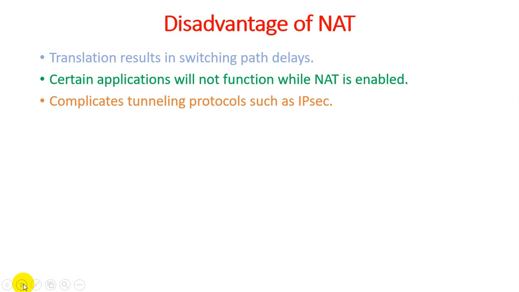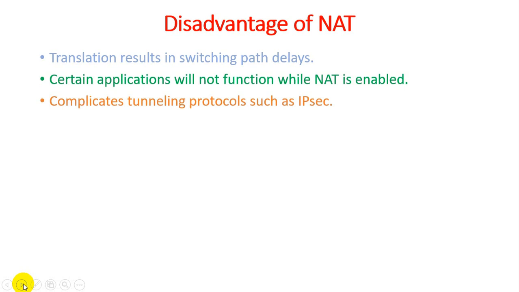Third, complicated tunneling protocols such as IPsec are needed, because if IP security is not provided on this particular network translation, at that time all the data will not be secure on the global market. So a very complicated protocol will be used on NAT. So it is one of the disadvantages. But as we say, if we want to secure our data, at that time we use more complicated and secure algorithms.